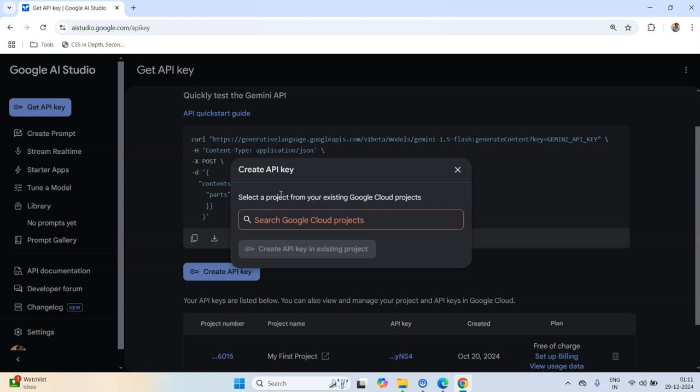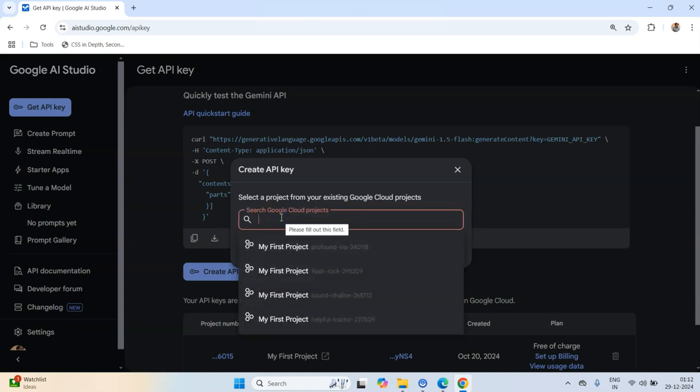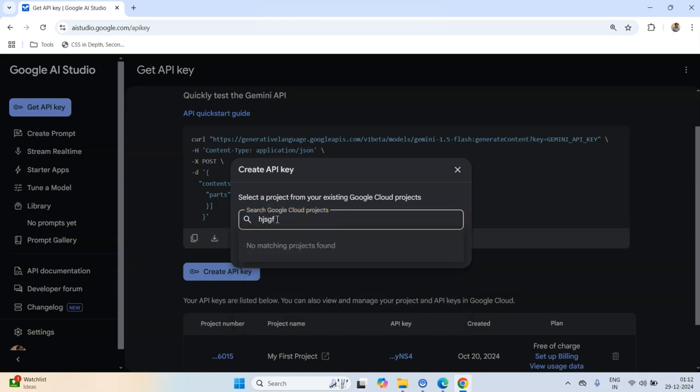Now you might be thinking that this is a paid service, but let me tell you, this is completely free of cost, and all of these API keys are directly tied to your Google Cloud projects. That's why it is asking you to select your cloud project, and your cloud project is directly tied to your Gmail account. So you can select any kind of project, or if you don't have any project, you can simply type some name and you can create a project using that name.